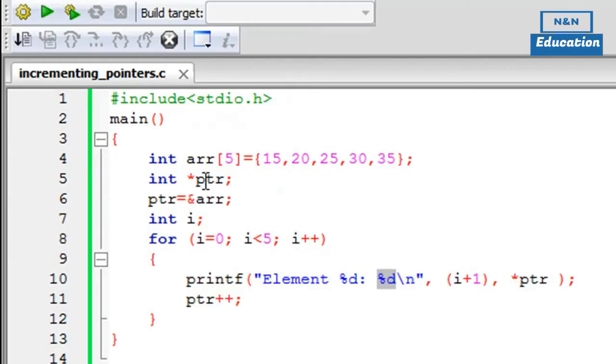I wanted to discuss two things in this tutorial. The first was how you can increment a pointer. Obviously that was the main subject of the tutorial, but I also wanted to talk about how you can make a pointer point to an array. You do it the way I've done it on line 6 here. You just have to type in the name of the array, and of course use the address of operator to get the address. When you do this, the pointer by default points to the first element in the array, so it points to the first memory location held by the array.